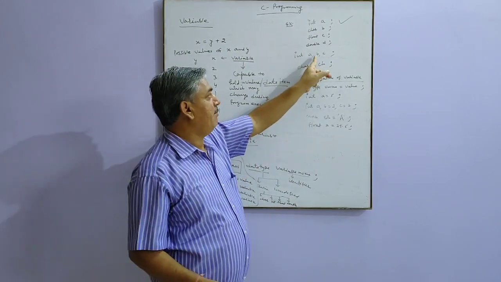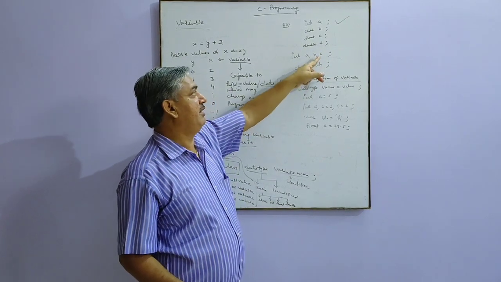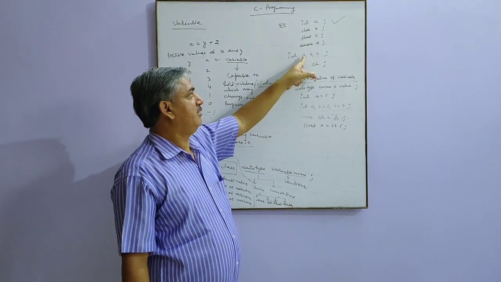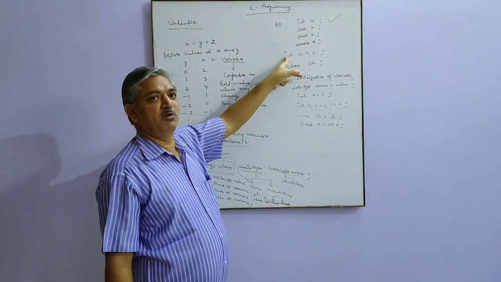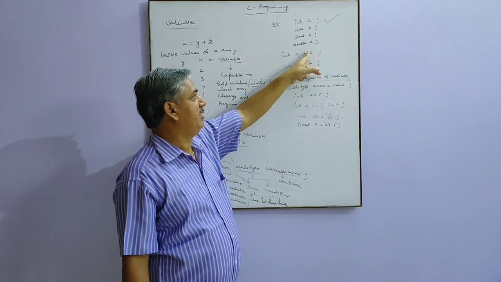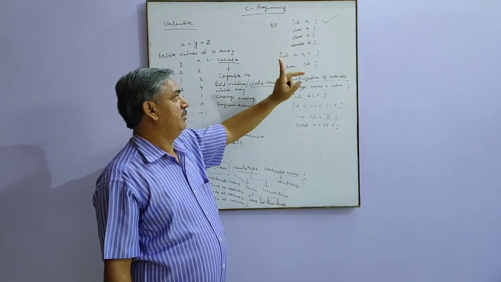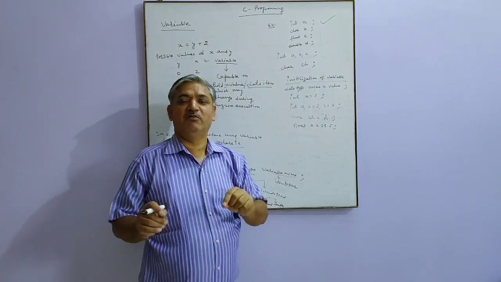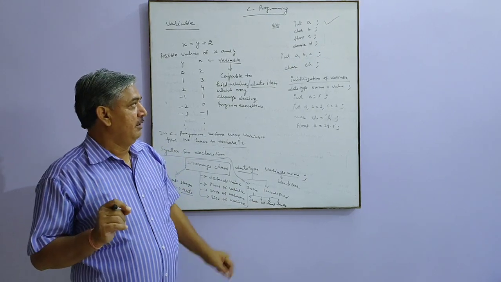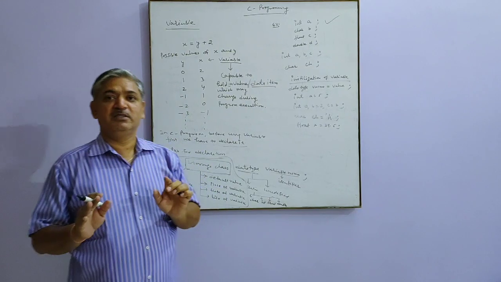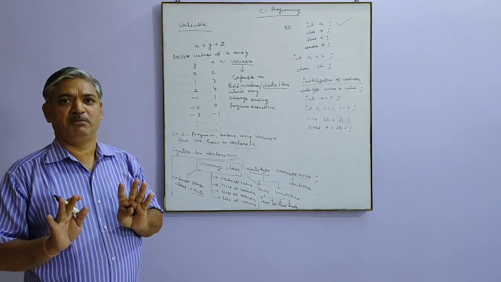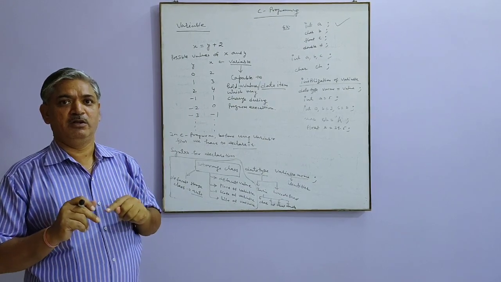It means A, B and C are the three variables and the data types of all variables are of integer type. A is the variable which is capable of holding an integer value, B is capable of holding an integer value, C is capable of holding an integer value. So when there is more than one variable of the same type, use a comma. Declaration simply means allocation of memory space, not value.